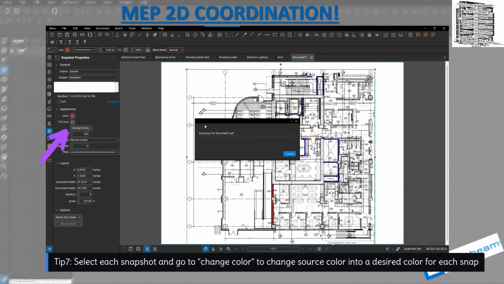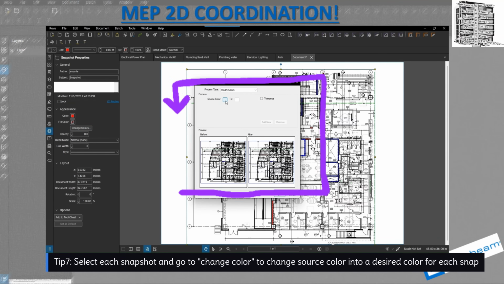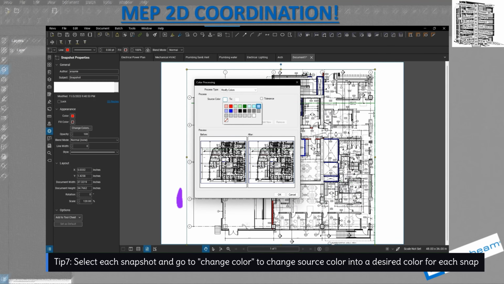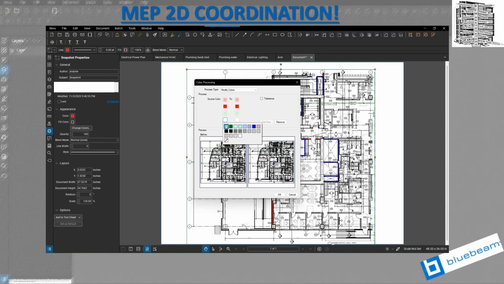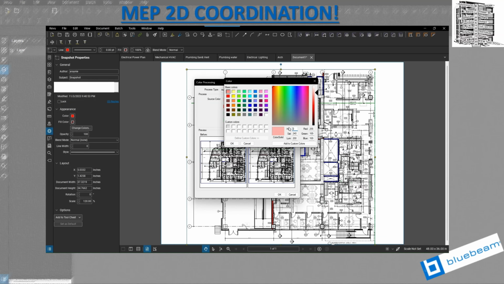So this one basically has two different colors. One of them is the source color, which is all the colors that you see on this sheet, and the next one is what I'm gonna turn these colors to, so you can see before and after. What I'm gonna do, I'm gonna select all of this, and I need to go and change this color. So the color that I would like to get is a little bit gray, so I can go to custom, define custom color. Let's say I want to have gray, and I want to have just a little bit light